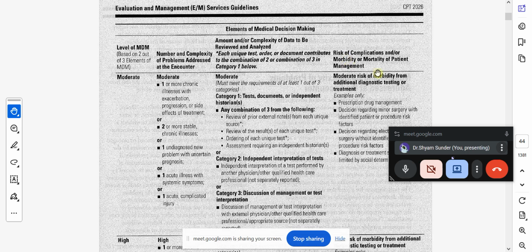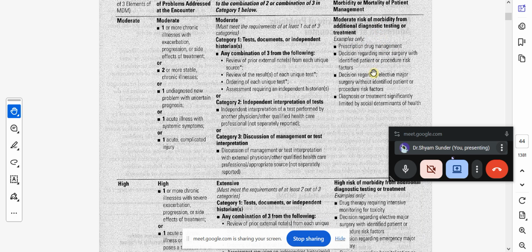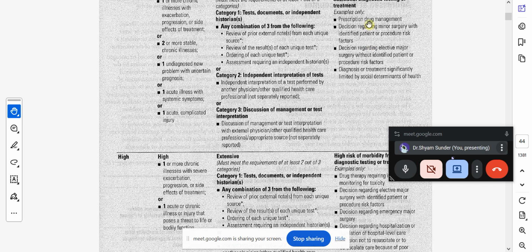But coming to the moderate risk, we have examples here. Prescription drug management. If antibiotics are given, the patient will have moderate risk of morbidity due to medication treatment. Now coming to the tests or procedures, minor surgeries or major surgeries. Any major surgery has moderate risk. Now coming to the high risk,